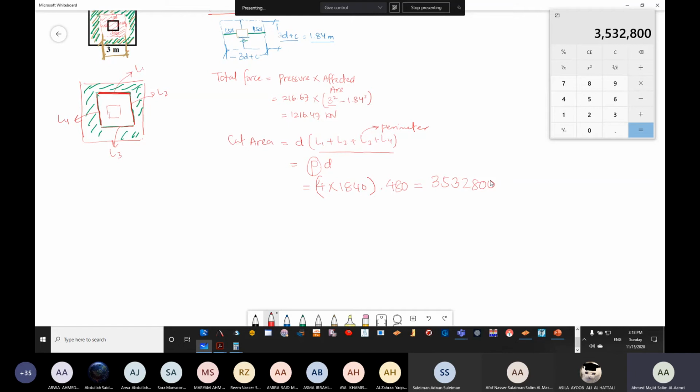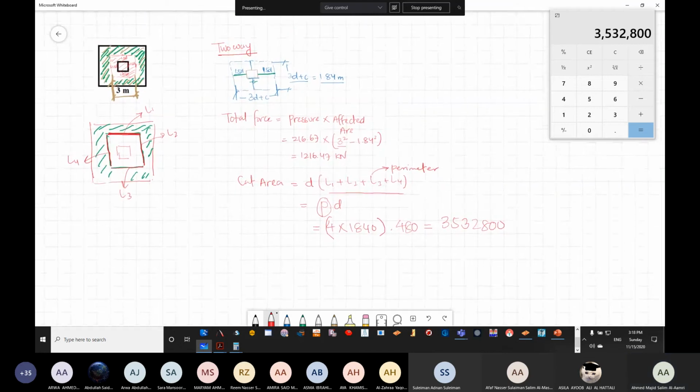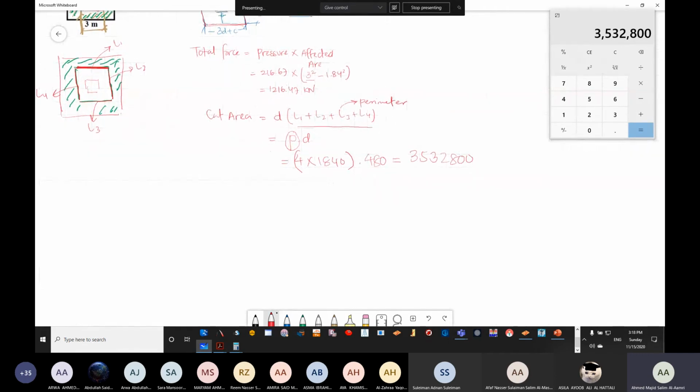The cut area is the one here, Suleiman. This is the area that you are trying to cut. If we go and calculate our stress for two-way shear,